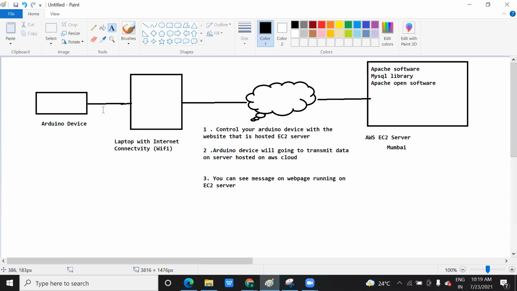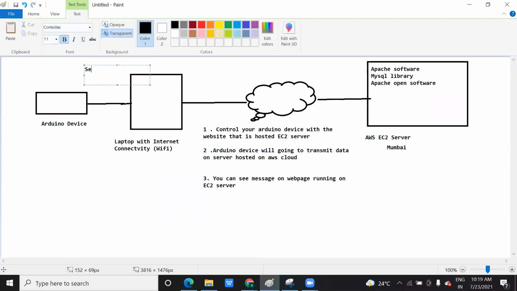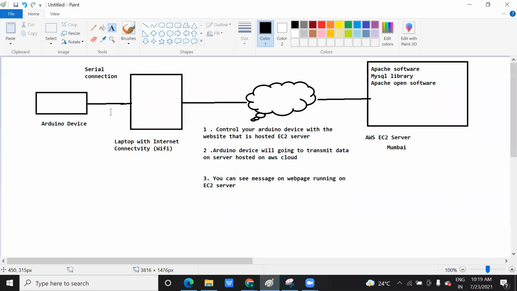You might note this down, or I'm adding it here. It's a serial connection. And what do you mean by parallel connection? When a single device is connected in parallel to multiple devices, multiple data are transmitted at a time. But here we are talking about a serial connection. Serially the data will be transmitted.